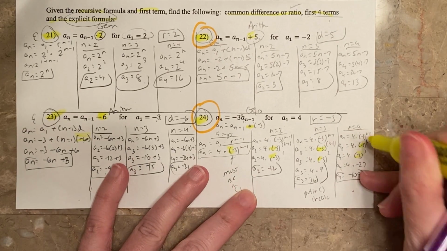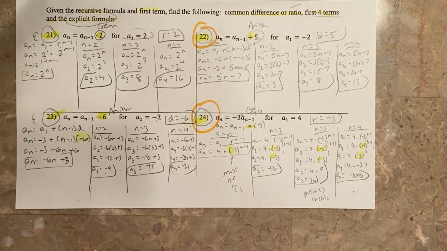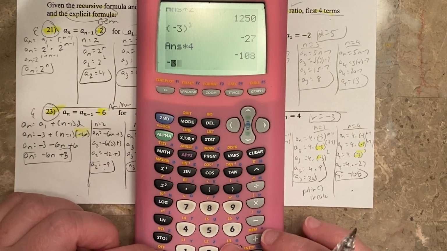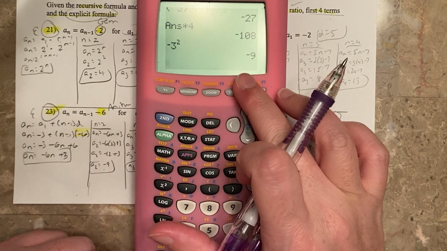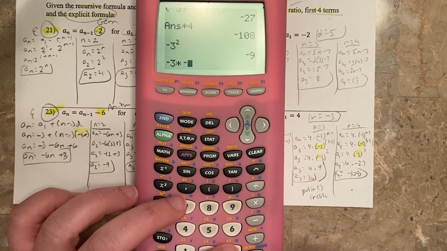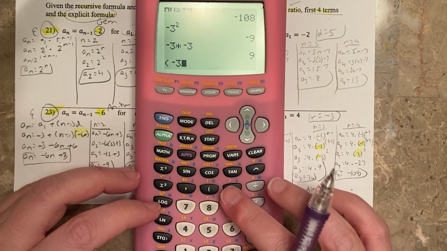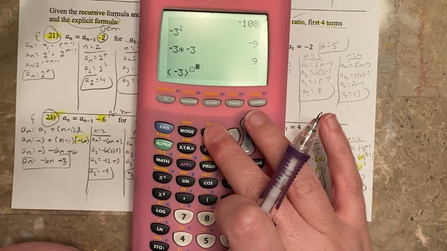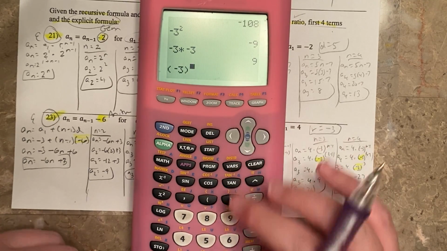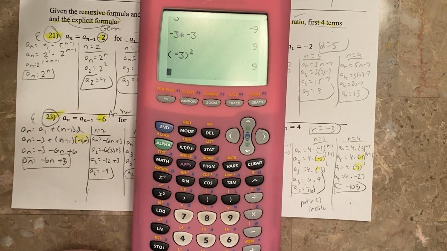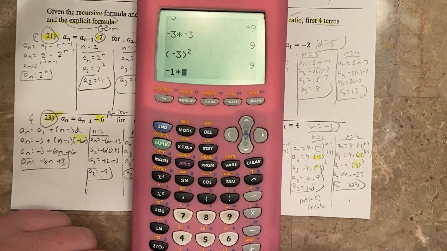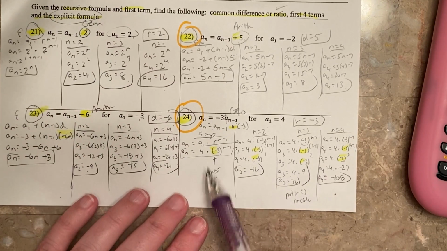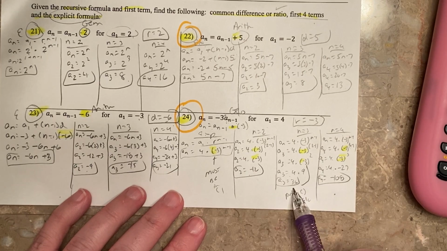All of these bases have to be in parentheses, even when you put it into the calculator. Like over here, -3 squared. Let me just show you. If I do -3 squared, I'm going to get -9. But I know that is not right, because I know -3 times -3 is +9. So for some reason, these really expensive calculators don't register the negatives. Make sure that you put that in parentheses to get the +9, or again, it's really just essentially doing -1 times 3 squared. That's really what the calculator's doing. So be really careful. So a sub 2 is -12, a sub 3 is 36, and a sub 4 equals